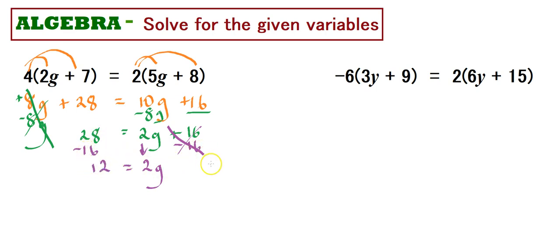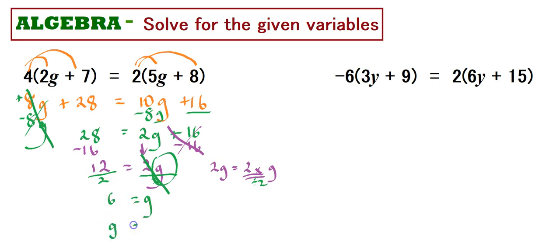We now have 2g. Now 2g really means 2 times g. So what's the opposite of multiplying by 2 or dividing by 2? So we indicate that with a fraction bar, which means divided by 2, and we do that to both sides. We cancel out, so we're left with a g on the right hand side and 6 on the left, because 12 divided by 2 is 6. We reformat so that the variable is on the left and its value is on the right, and we box